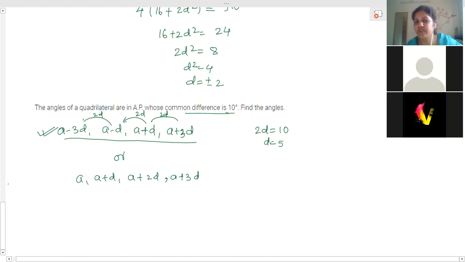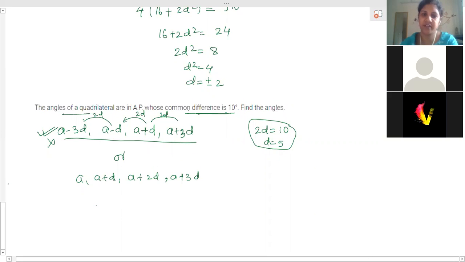Only when the common difference is given and 4 terms are given, at that time we cannot use this. If 3 terms are given, you can use it. There is no problem. Only for 4 terms and the common difference value given, that time it will be a problem. You can solve it, but this simplification you have to do. Is this clear why I am telling you? Yes, ma'am.